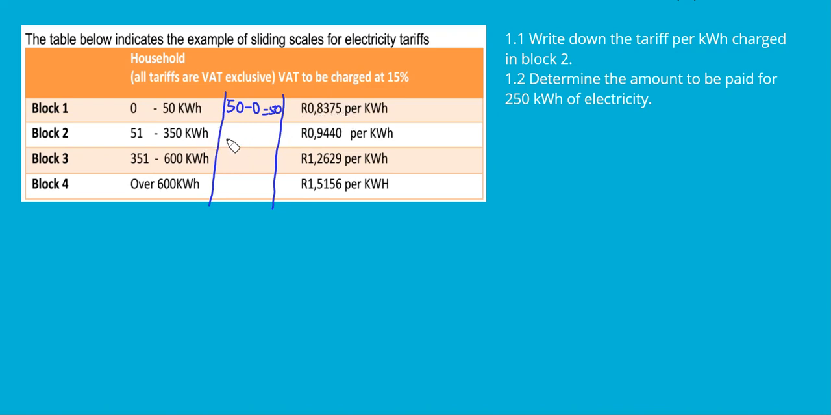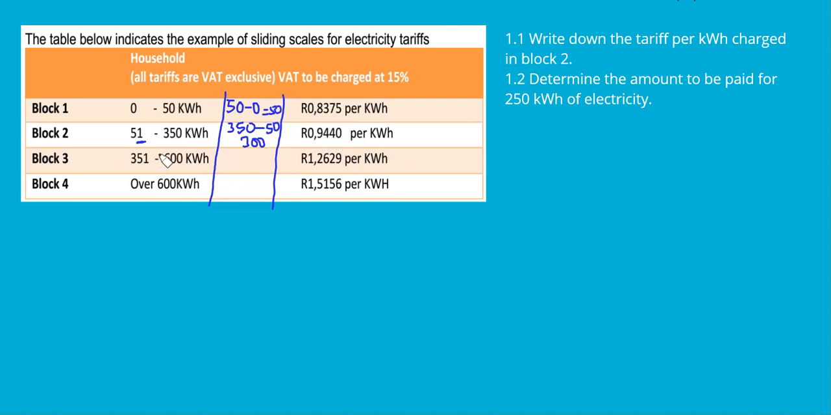0.8375. What about the next number of kilowatts here? You are going to say here 350 minus 50. You don't minus what you have here. So if these two numbers here are different, you need to subtract this number here, which is 50. So always like that. You're going to say 350 minus 50, you're going to get 300. So it means that 300 kilowatts are charged